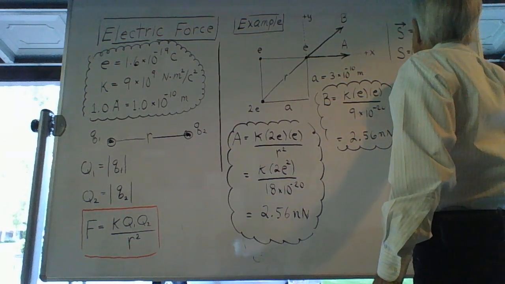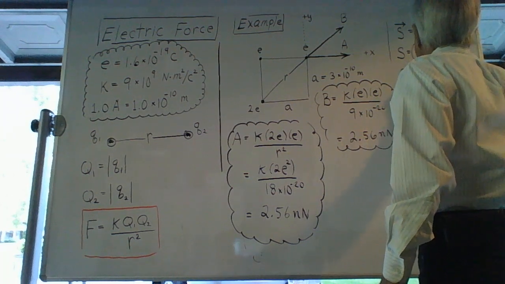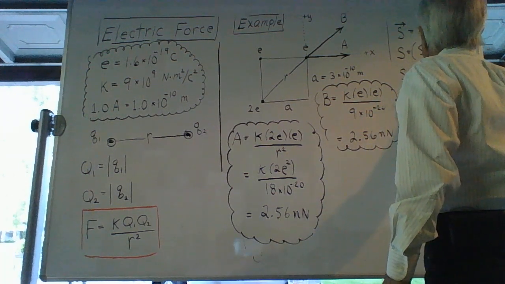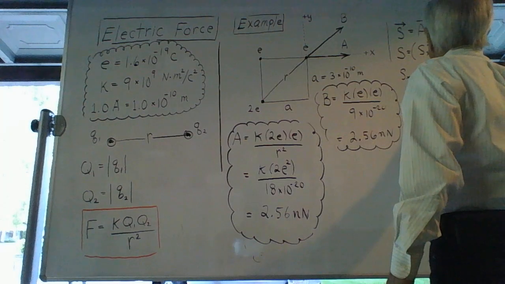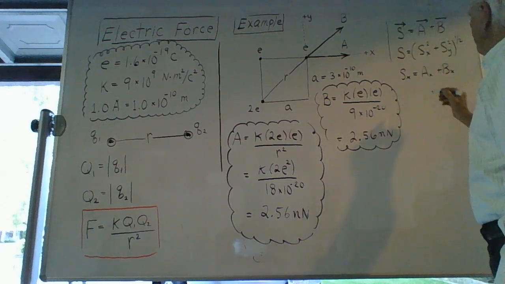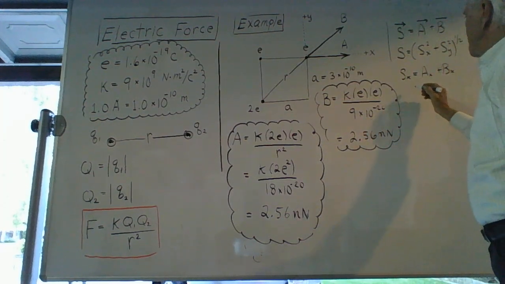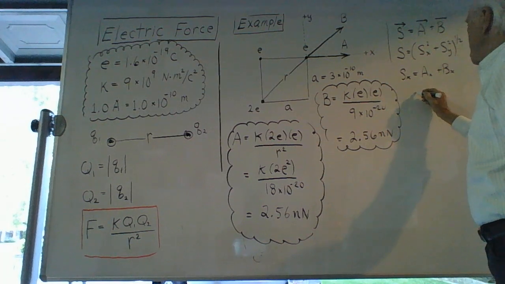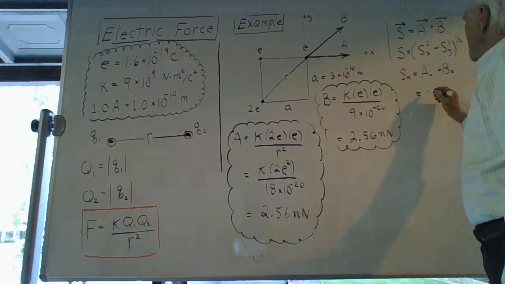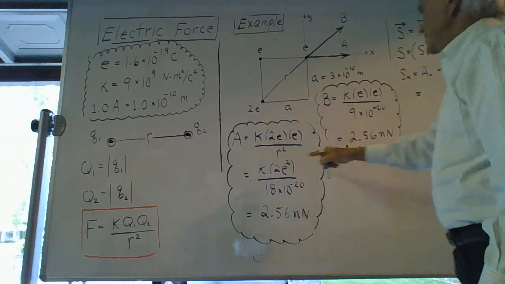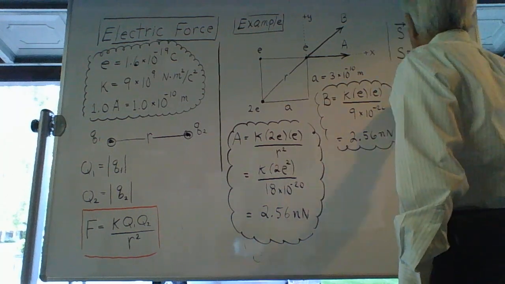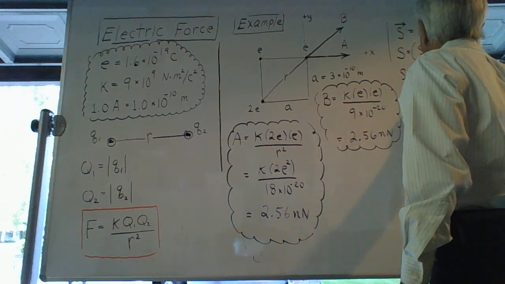S sub x is A sub x plus B sub x, and this works out to the full value of A, which is 2.56